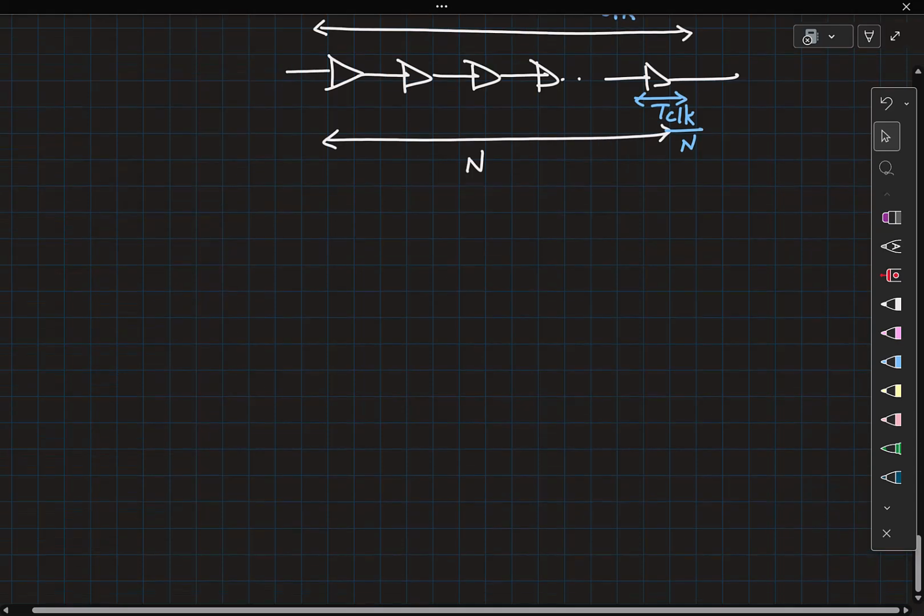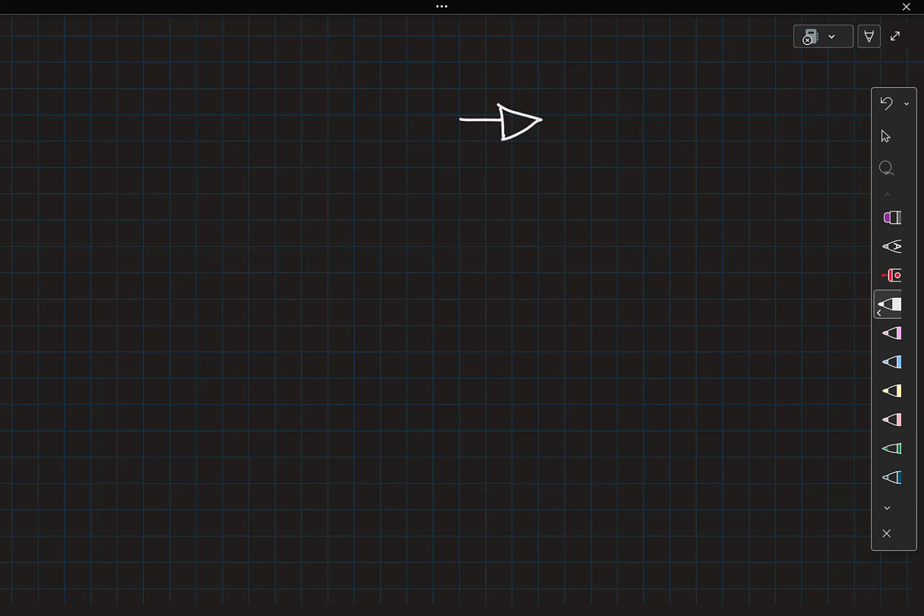So our aim is finally to be able to get a buffer whose delay is some 100 picosecond, which means I need to have some reference time with which I can compare it, and that reference time we said can be T clock. But if I directly try to compare this and make this into 100 picosecond, that means I need to use my reference time period, which is T clock, to be the same as 100 picosecond. That again requires a high frequency clock into the system. So instead of making sure that the delay of one buffer is 100 picosecond, I am okay in comparing the delay of a chain.